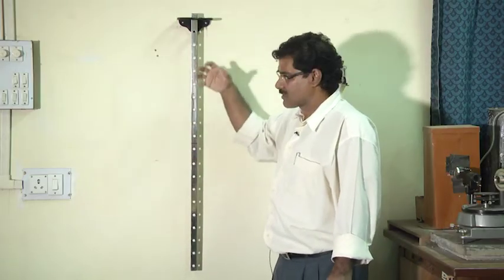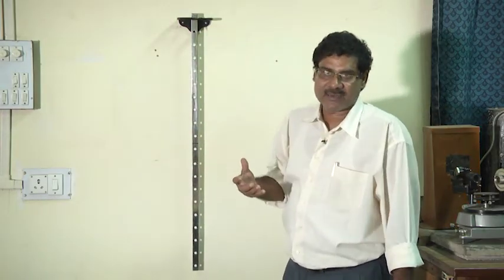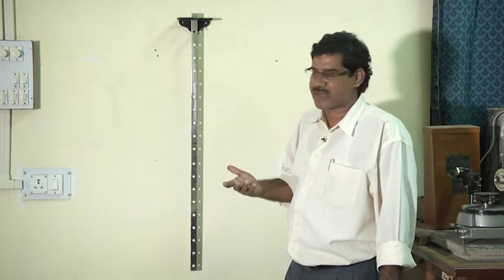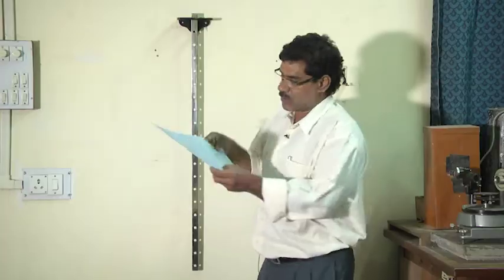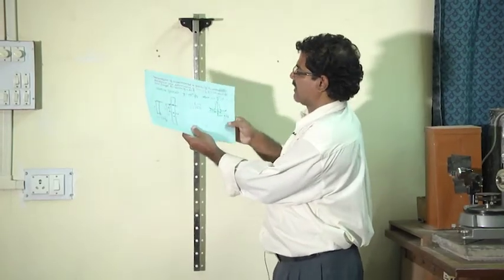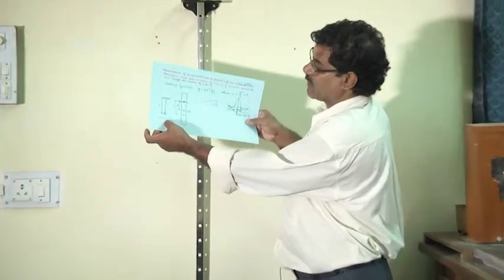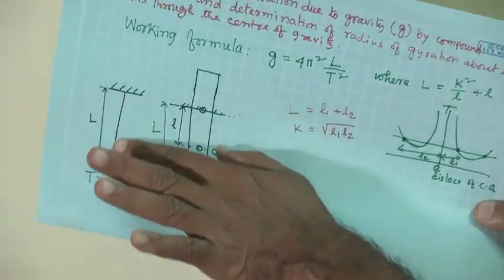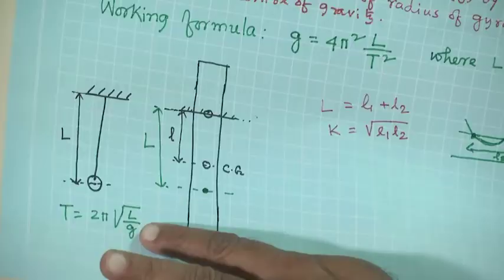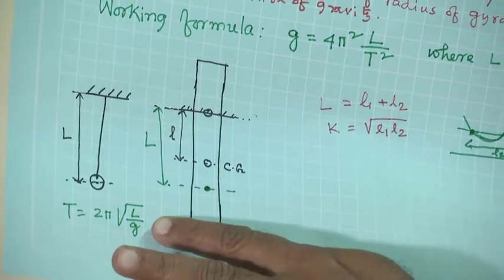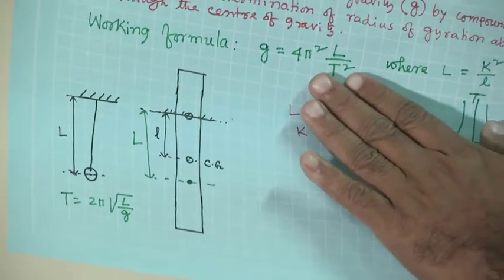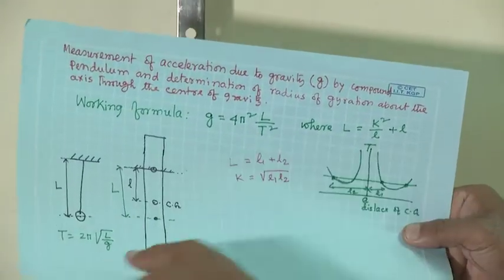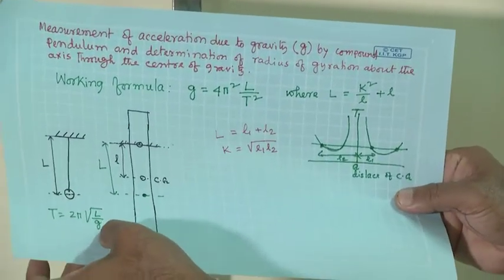So, that is covered by the radius of gyration, from the concept of radius of gyration. So, that is what this T equal to 2 pi square root of L by g. That is the simple pendulum, and in case of compound pendulum, this working formula basically comes. So, from here you can find out g equal to